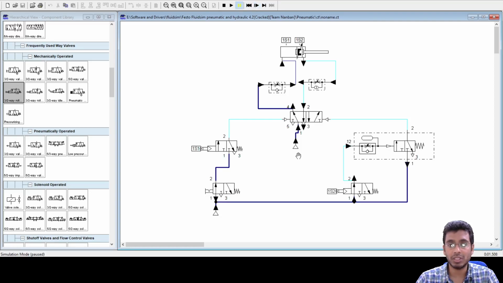Now your 1S2 roller valve is actuated, and then you have your flow here. This flow will first pass through this orifice and get collected into this tank, and that will give a delay.